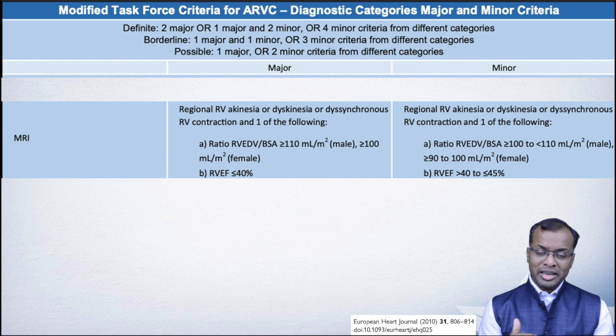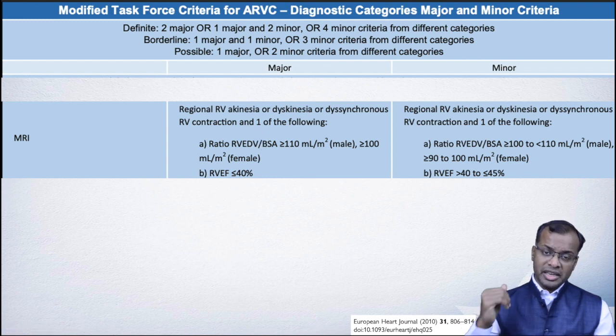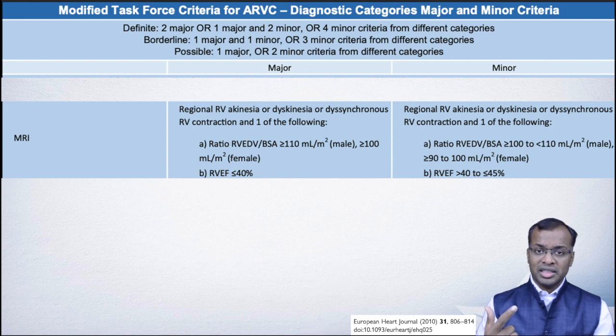In our real life practice, we see classical cases which appear like ARVC on MRI, but they do not match up to the diagnostic criteria if there are no other features: if there are no ECG abnormalities, if there is no histopathology confirmation, if there is no family history or no rhythm abnormalities which satisfy other criteria, we cannot make that diagnosis on MRI.